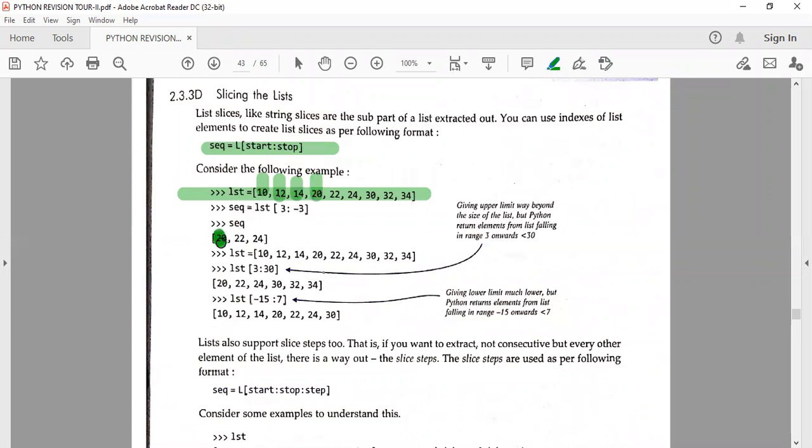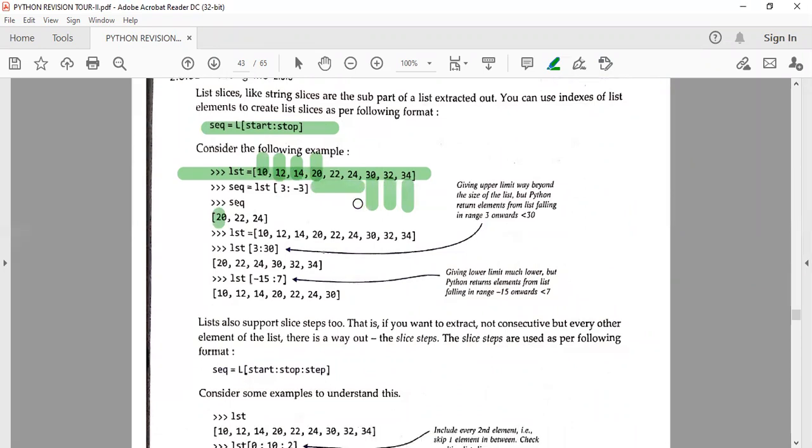So, it starts with 3 here. So, -3. So, -1, -2, -3. -3 का मतलब वो कहाँ तक जाएगा? -4 तक. -4 हमेशा एक्सक्लूड होता है. तो आंसर हमारा क्या आ जाएगा? These 3, 20, 22 and 24. In this way, you can find out the answers.